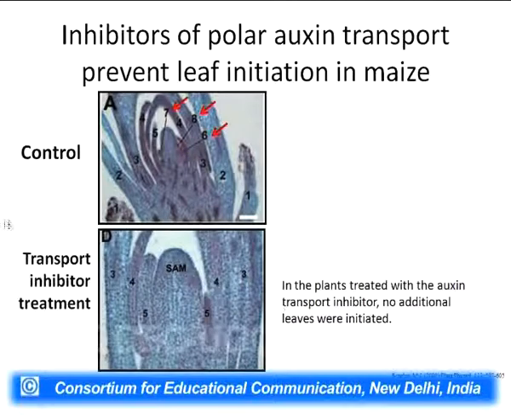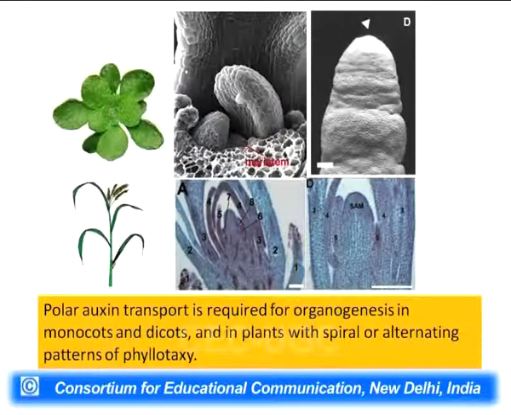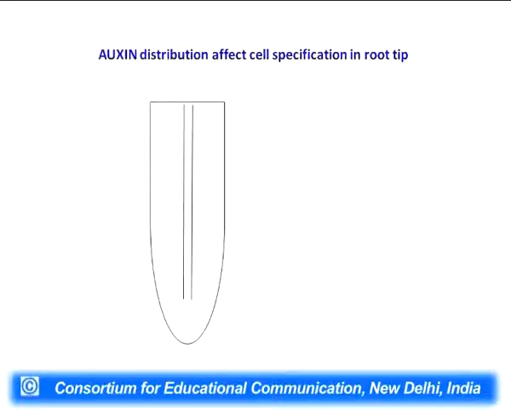What we will find is that there will not be much leaf, only up to 4 leaves, then it will stop making the leaves. So auxin is also required in other plants as well. Auxin is very important for making the shoot tip, for defining the position of the shoot tip where the shoot has to come, and also for defining the peripheral organs where organs should be developed. Now,